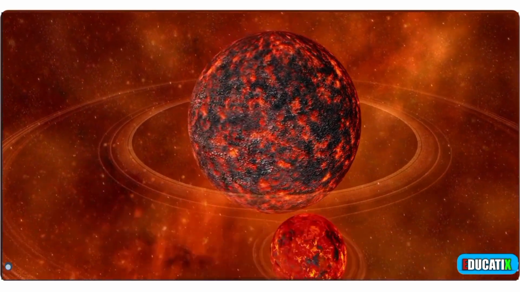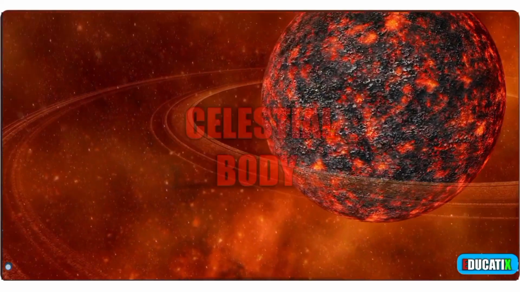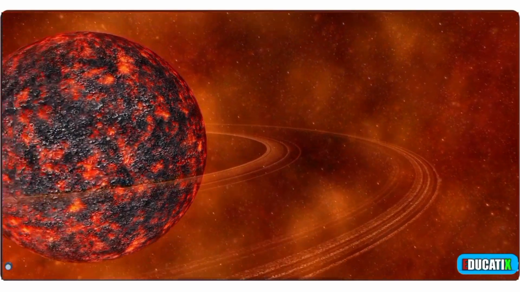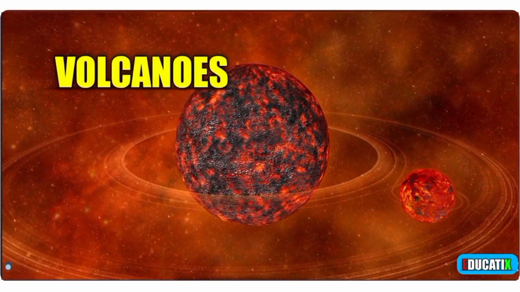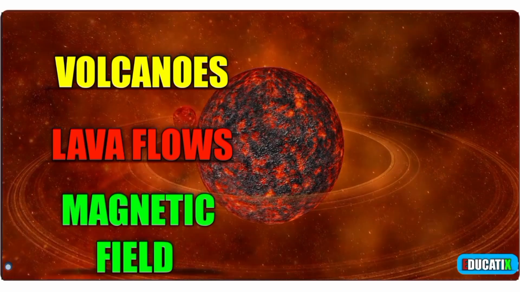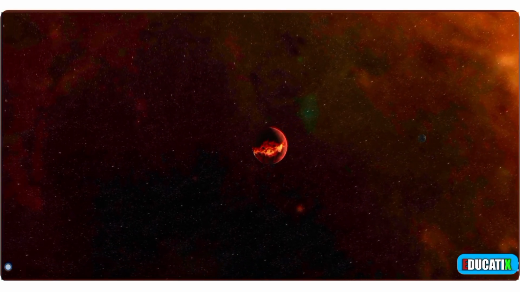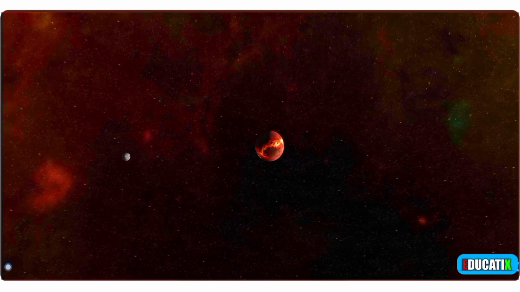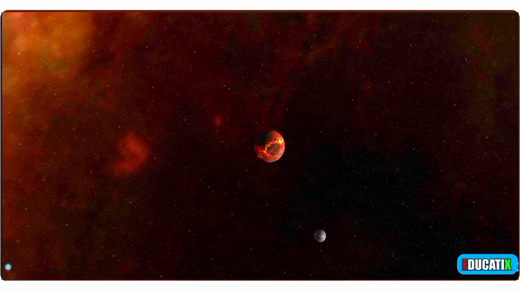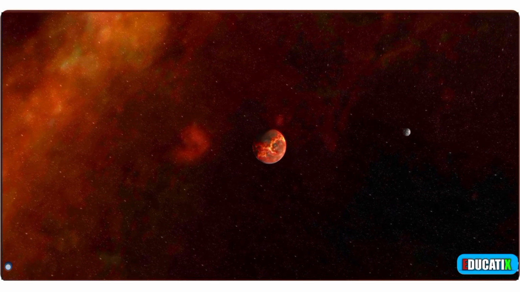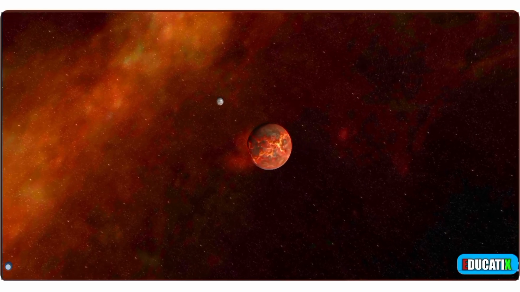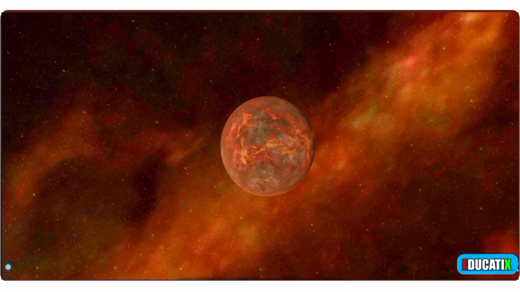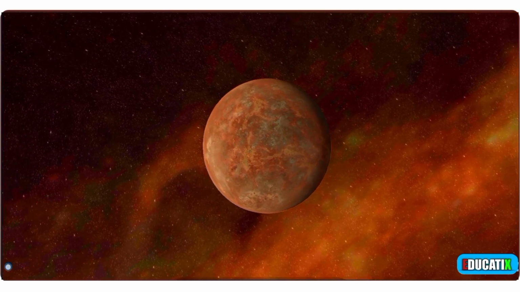After the dissolution of the ring, the Moon became a glowing hot celestial body orbiting 25,000 kilometers above the Earth. During this period, the Moon still had volcanoes, lava flows, and its own magnetic field. The tidal phenomenon that occurs between the Earth and the Moon led to various changes. Firstly, the Moon became tidally locked with the Earth, meaning it takes the Moon just as long to rotate around its own axis as it does to revolve around the Earth. Secondly, the Moon gradually receded from the Earth, cooled down, and then became geologically inactive.